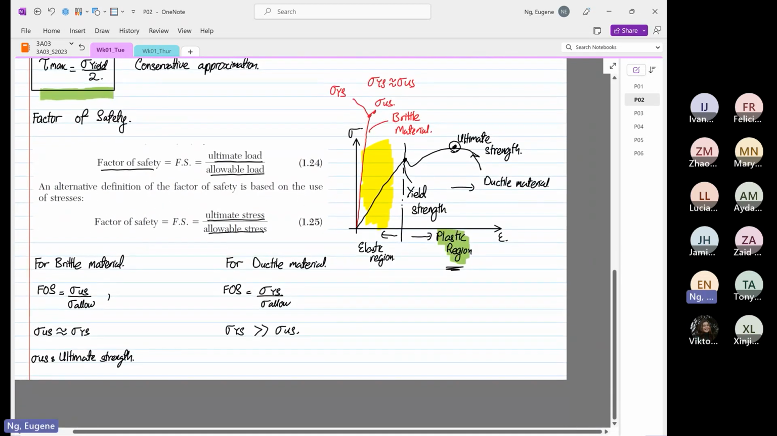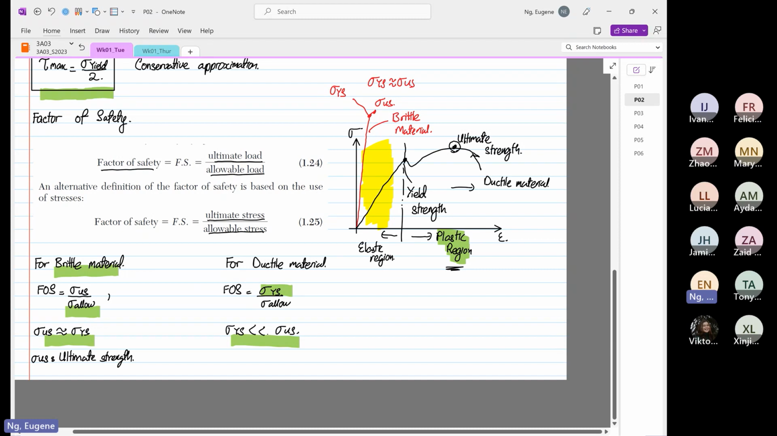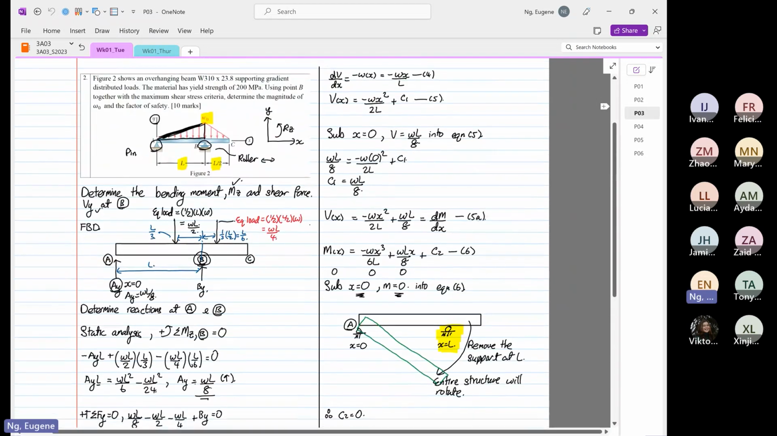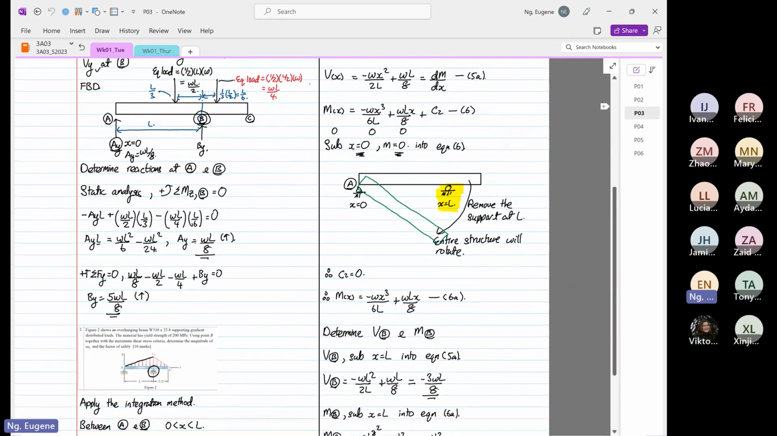When to use what for calculating the factor of safety? If it's a brittle material, you use the ultimate strength, because the ultimate strength and yield strength for brittle material are about the same. Whereas for ductile, you have to use the yield strength. Why? Because the yield strength is so much lower, not greater. I made a mistake down here. It's lower. Too excited. The yield strength is lower than the ultimate strength. Then from here, you have to remember from your statics and strength of materials how to determine the